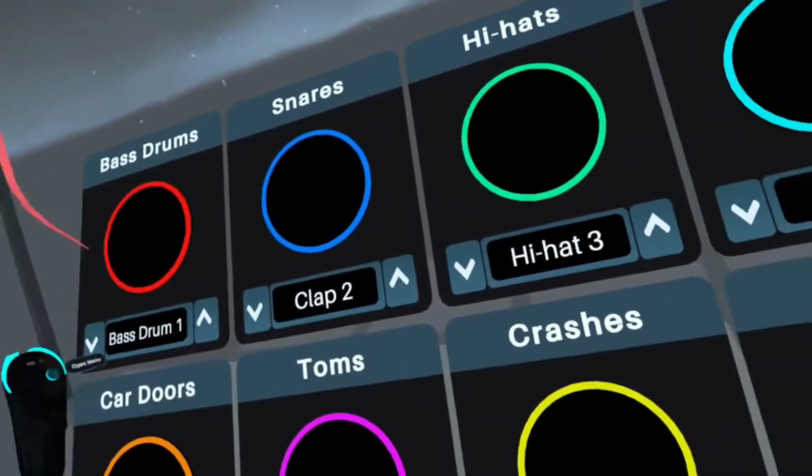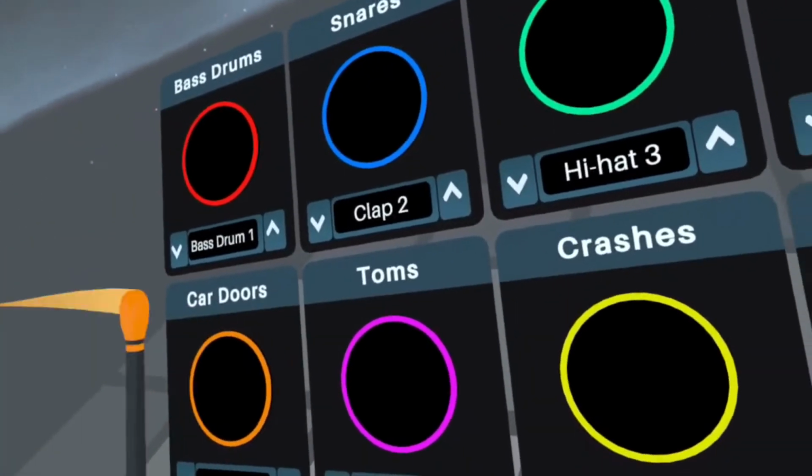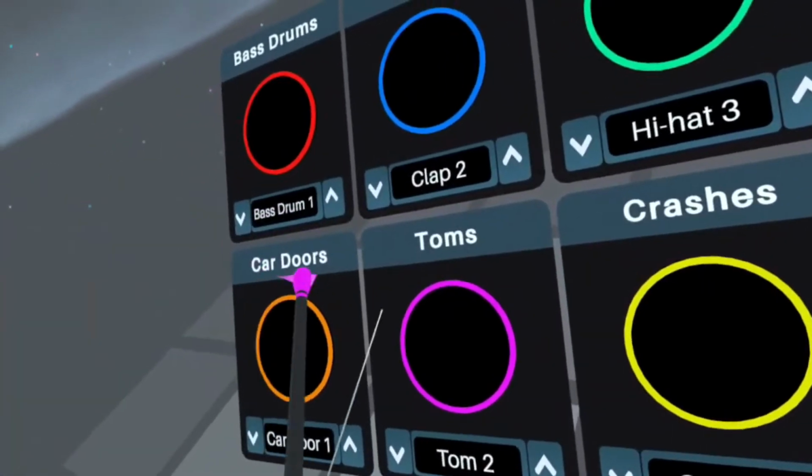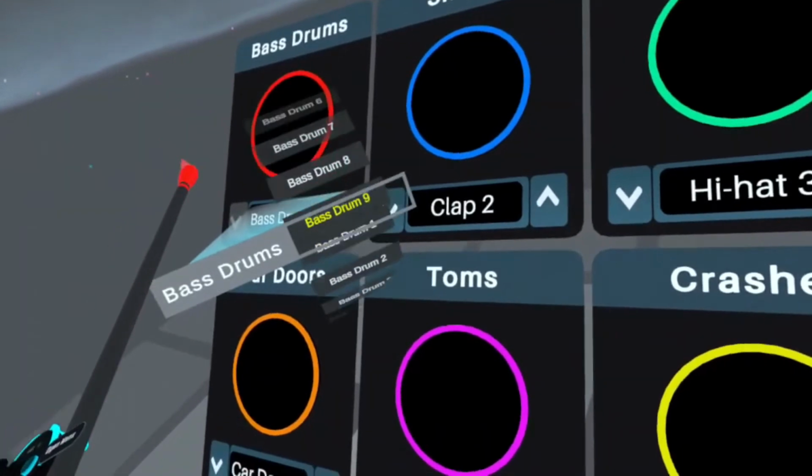So these are basically just drum pads. And each one of them has, I would say, a category of sound. So this is the bass drum. And you can hold the trigger and you can